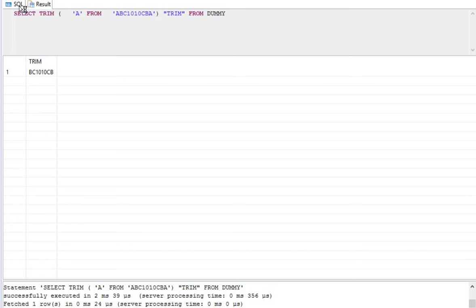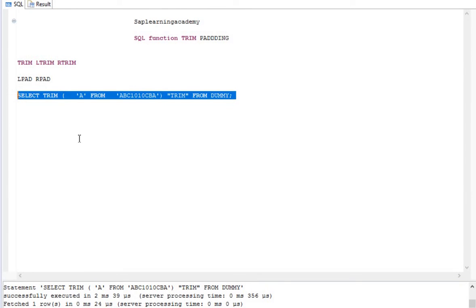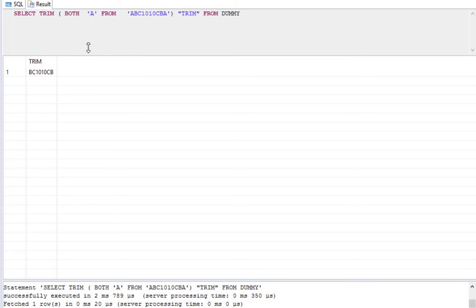On the other side, we can also use the keyword both. If I write both, it is going to remove the value A from both sides, either the leading side or the trailing side.